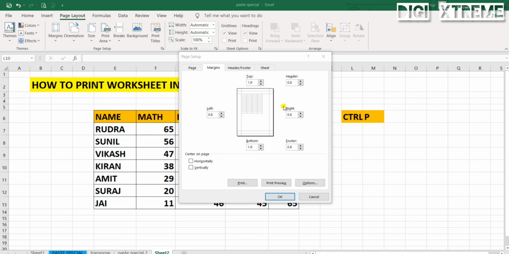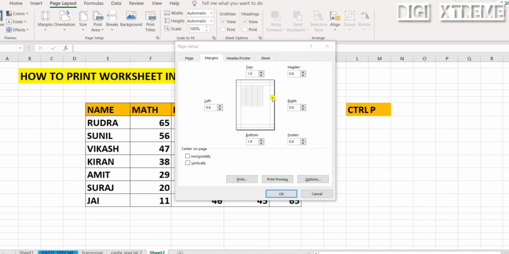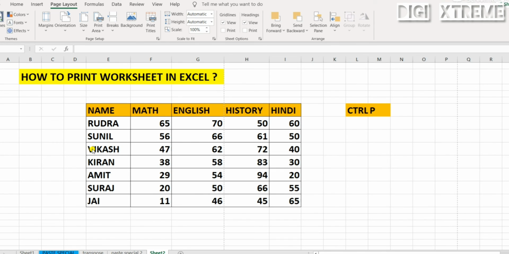You can also customize the margin with these options, right, left, horizontally or vertically. Do it yourself and practice, only then you will understand better. So this is how you can set up print for your data.